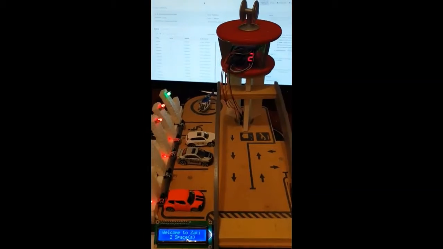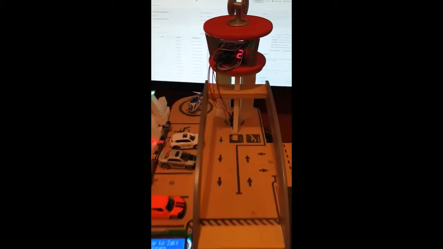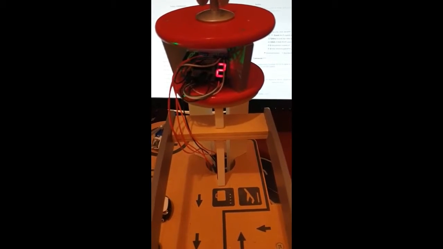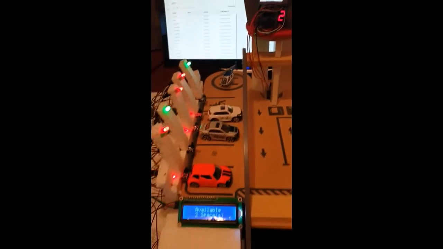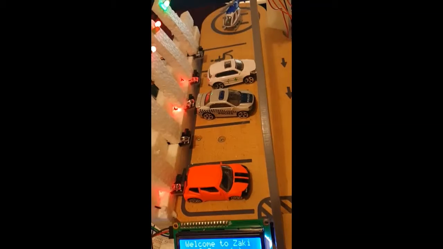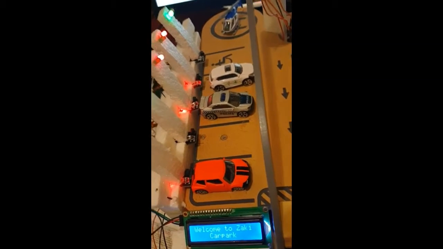The next part of my project is the floor of the car park. It consists of a 7-segment display which shows how many car park slots are available. As you can see, there are 3 cars parked and 2 car park slots available. Each car park slot has its own obstacle avoidance sensor. If the car is reaching